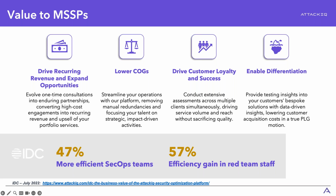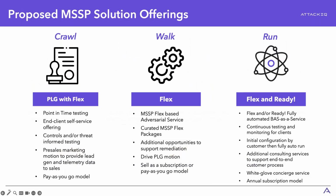So how are we going to do this? We've got three main offerings, like I was talking about earlier, to help graduate MSSPs to where their comfort level is. So first is that PLG motion that I talked about with Flex, and how Jose talked about that ad hoc testing. You could do it in point in time, check the cyber hygiene of your environment, or you can